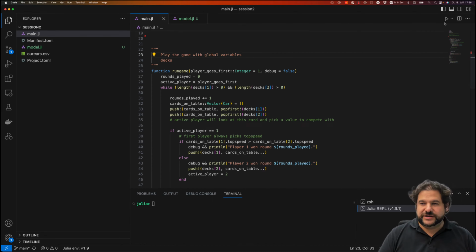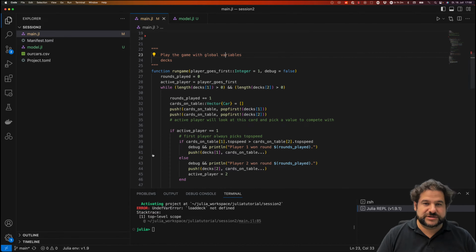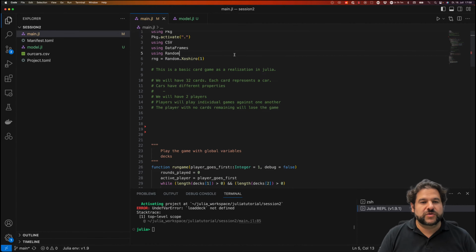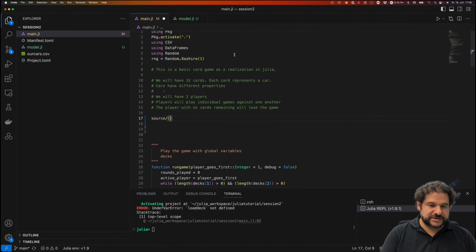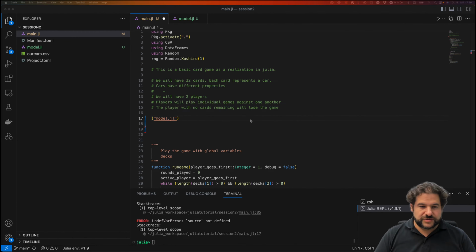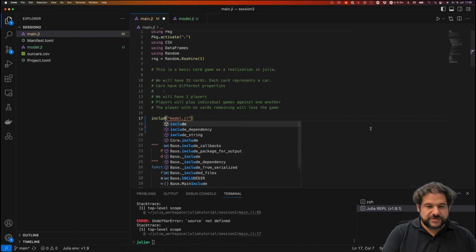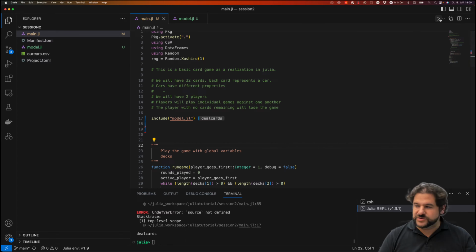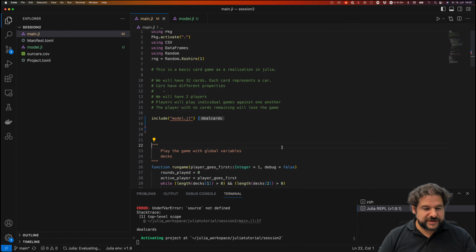Now obviously if I run our main.jl, it will not work because it's missing functions and data types, and for this we need to load our model.jl. Since we took it from here, we can basically call include. So the function that we were looking for was include, and if I do include, then I get everything that's in the model.jl, including deal cards. And if I now execute everything,